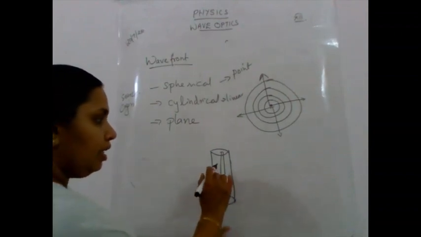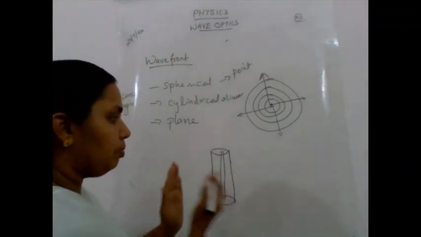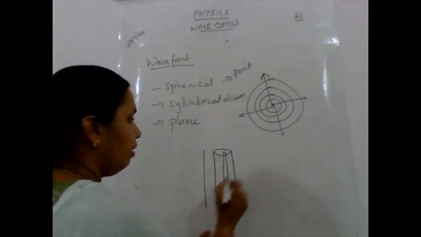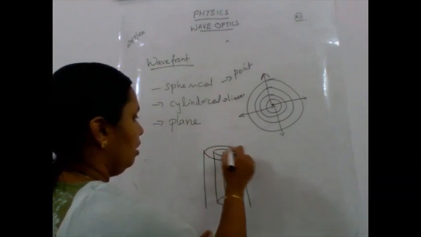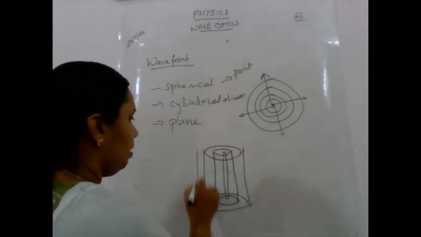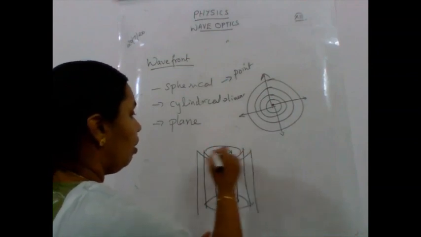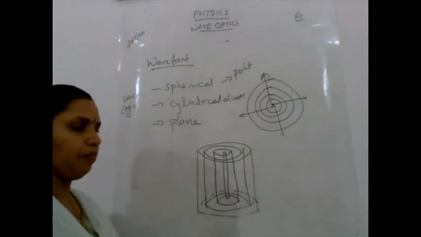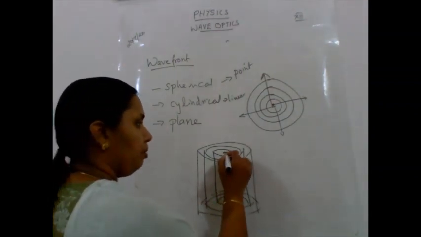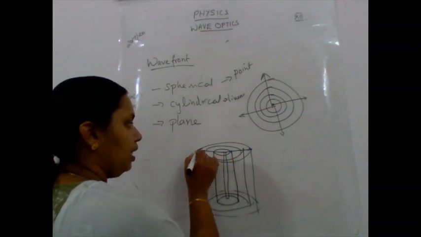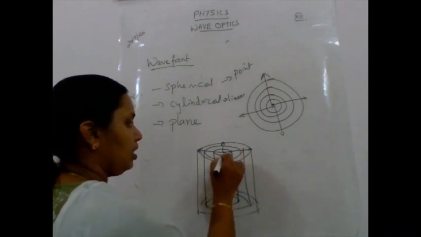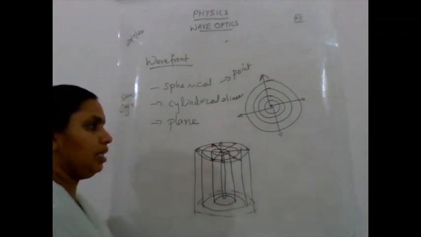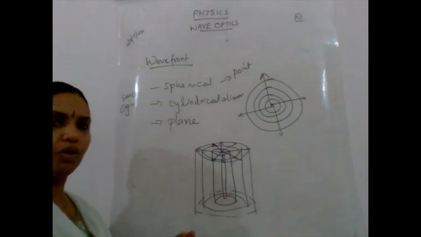Around this is the source, so all the particles vibrate and we will join on this. So we will get a cylindrical wavefront. This will be the wavefront, and this will be the next wavefront. We are joining all the points which are vibrating in the same phase. What is the direction of propagation from here? It is going in this direction, this direction, this direction. So this is the ray, which gives the direction of propagation. Same way at the bottom also.